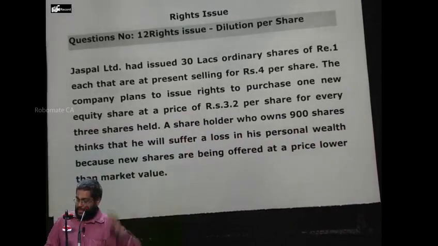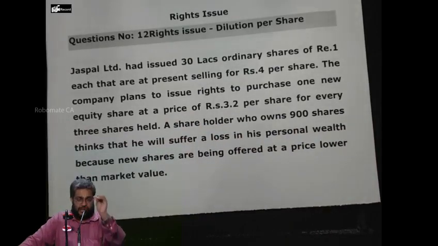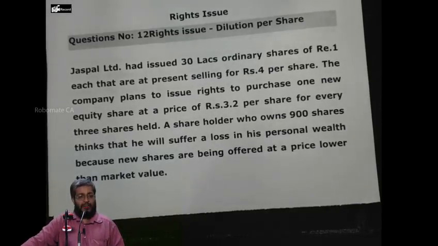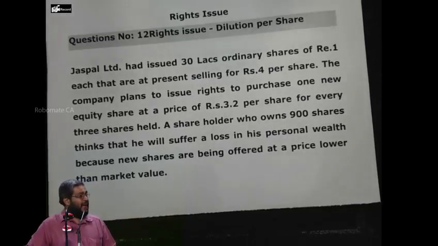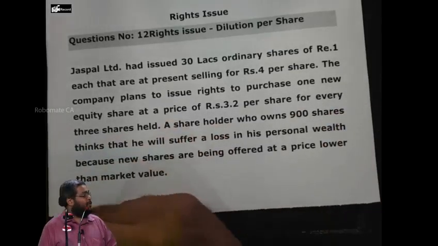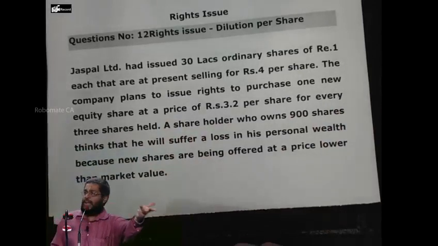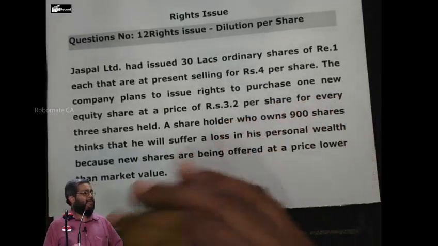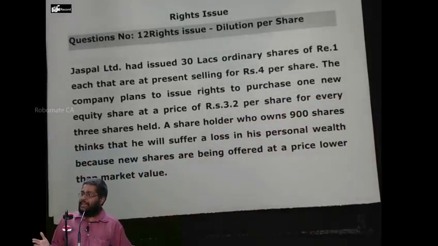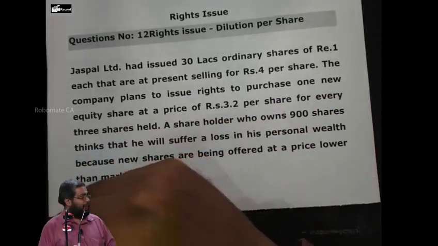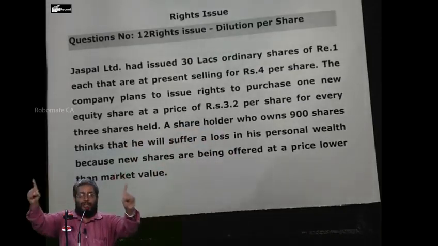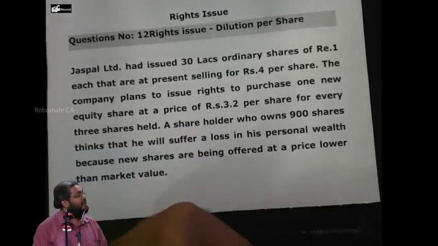Everybody following or not? Now, see, the company wants new capital. Can you go for a public issue? No. First of all, you should ask the existing shareholders whether they can take up the new capital. They can say, yes, I will take up. It means you will offer the capital to existing shareholders. But all the shareholders may not be able to invest. Suppose there are 1 lakh shareholders in the company, and the majority pass a resolution that we can raise the capital on our own. No need to go for a public issue, no need to give it to a third party. That means the new issue will be made to all of you, the old shareholders.